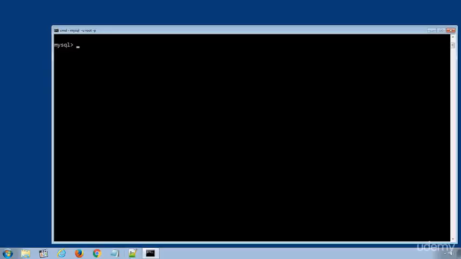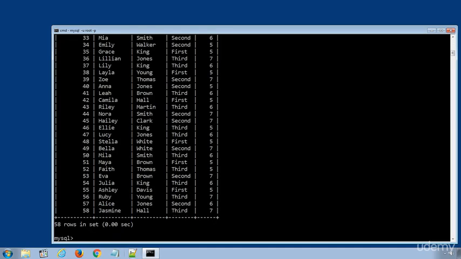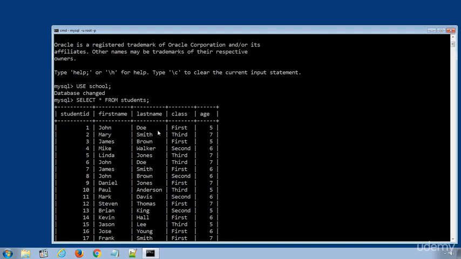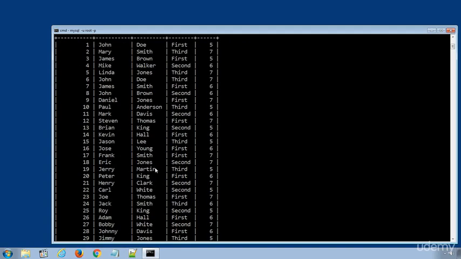I have logged in my MySQL database server using my root username and password. I'll select the school database and run a simple SQL statement to display all the records from students table. Let's sort the data rows by student's first name. The SQL statement will be,